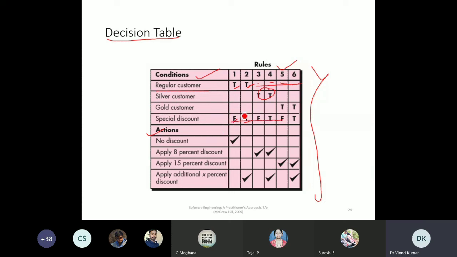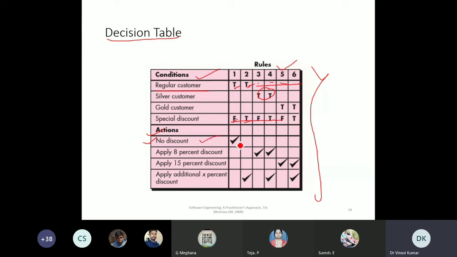Then you can suggest an overall special discount if he is a regular customer, based on his conditions. Based on these different values you can decide actions, whether to give the discount or not.